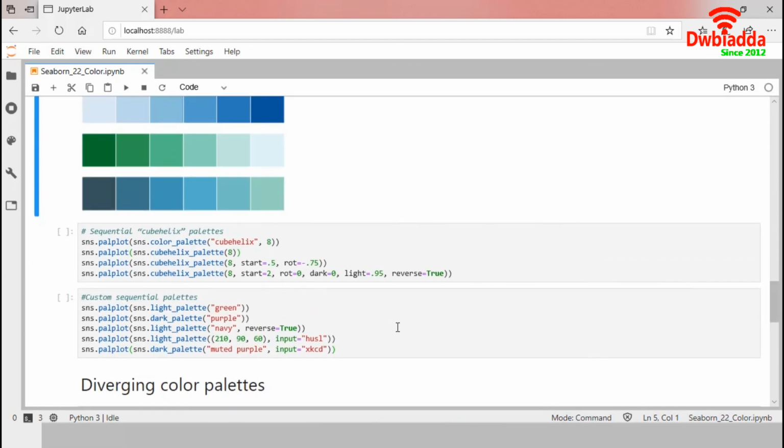Now, the cubehelix color palette. The cubehelix color palette system makes sequential palettes with a linear increase or decrease in brightness and some variation in hue. This means that the information in our color map will be preserved when converted to black and white or when viewed by a colorblind individual.